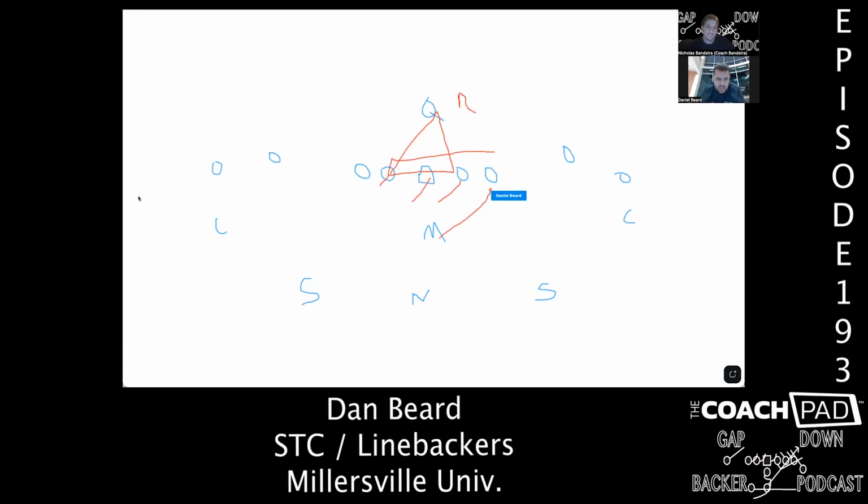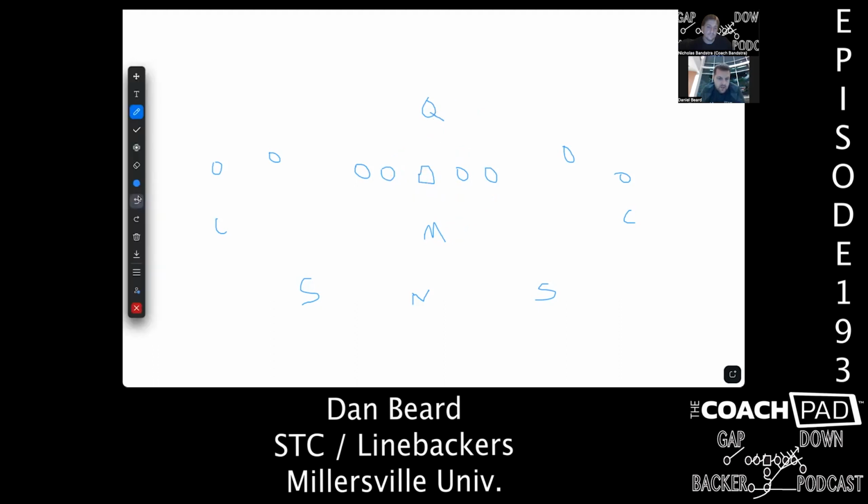So everything initially starts with these three, and then in the backfield, if he gets a puller, he's going to match a puller. And that's including if it's power read or counter read, because we just want to keep it consistent. That we're not confusing. Well, hey, if it's counter read, now read back to this, and it looks great on the board, but when you get out to the field, it's a little bit confusing. So we try to tell him to match the pullers, and then if it's true zone, now his eyes go